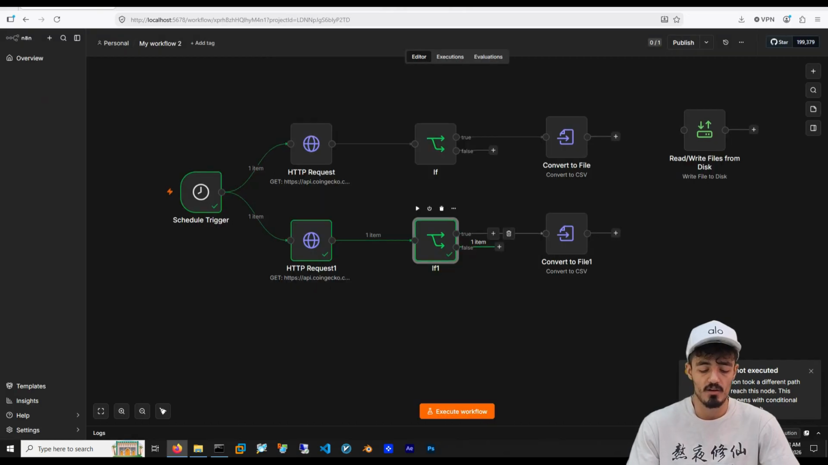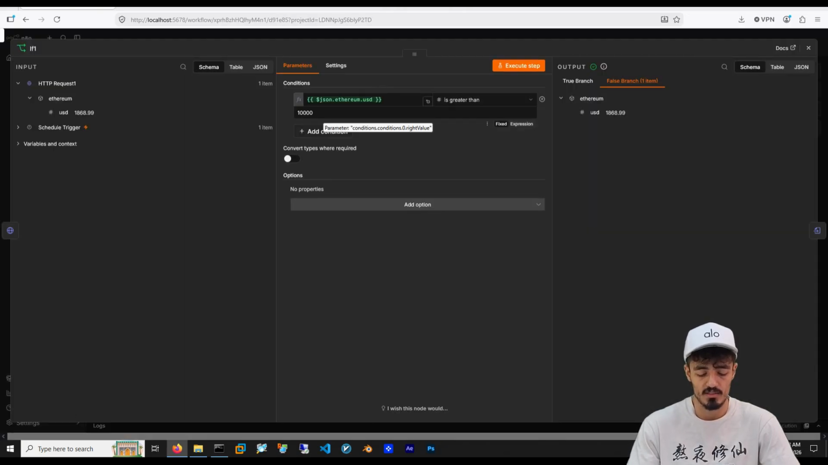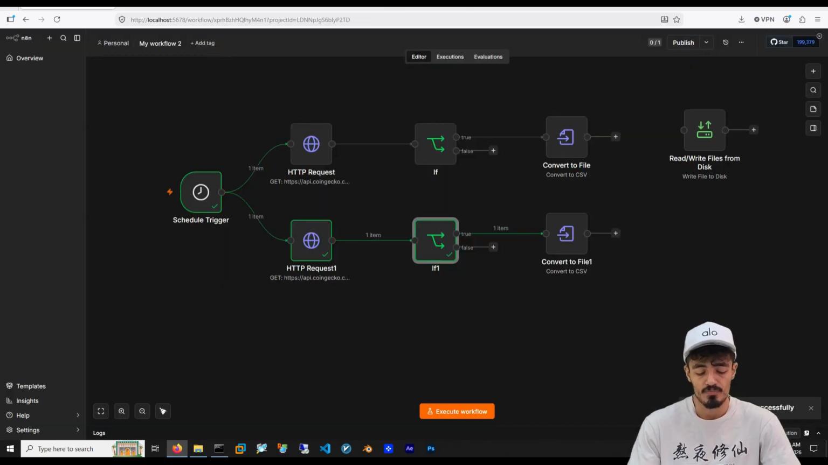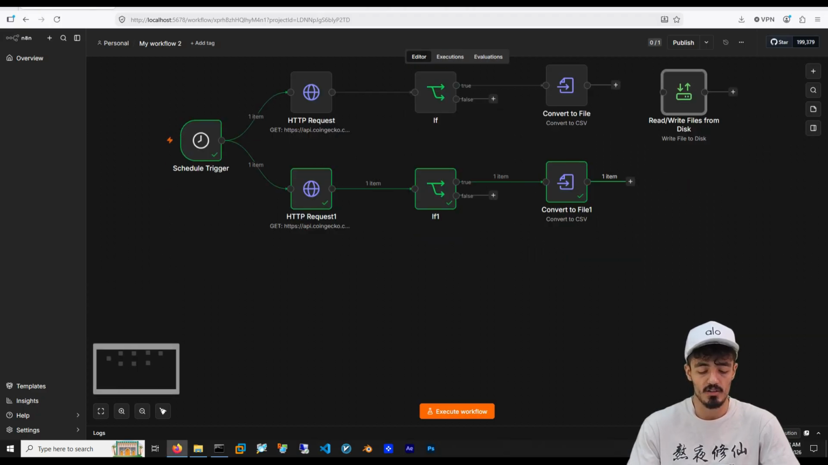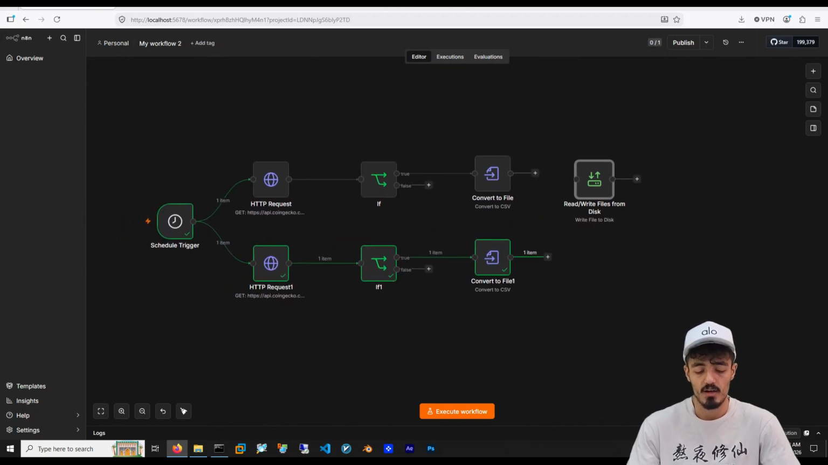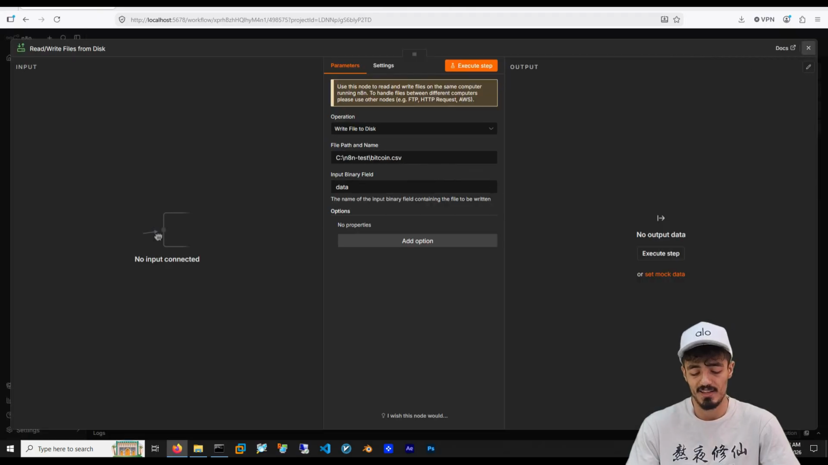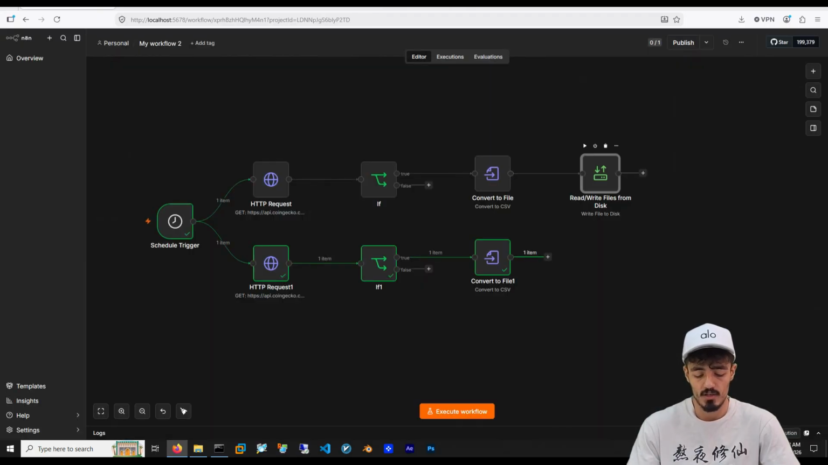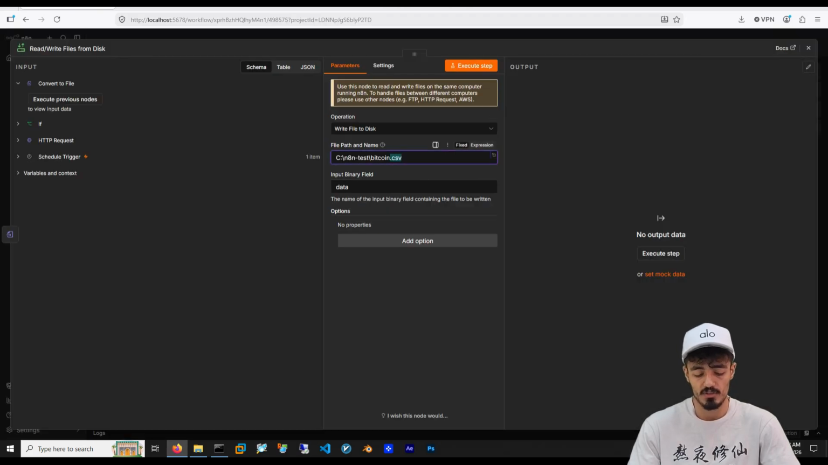So the workflow now converts the cryptocurrency data into a format that can be stored locally. So we have the convert to file CSV node, and that's it. In step 5, the final step on N8N, I want to add the read and write file node, because the final part of the N8N workflow is reading or writing files from disk, instead of keeping the data only inside N8N,